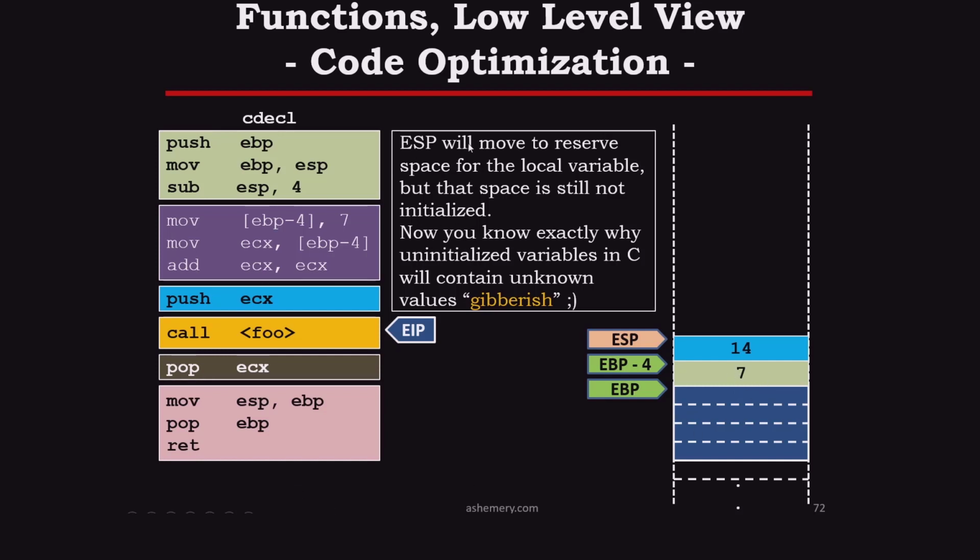Now, ESP will move to reserve space for local variables, like I mentioned in the previous slide. But the space is still not initialized. Again, memory will not delete and clear those values. So this is what happens, by the way,